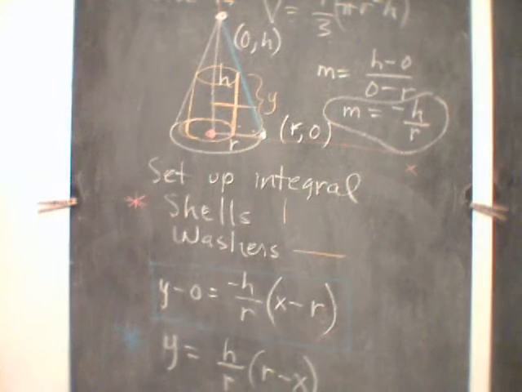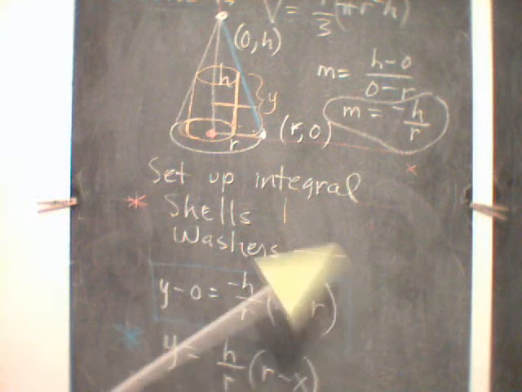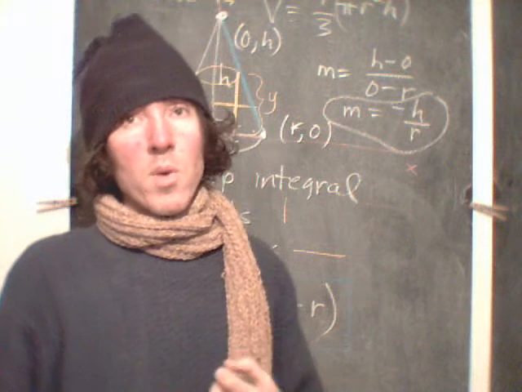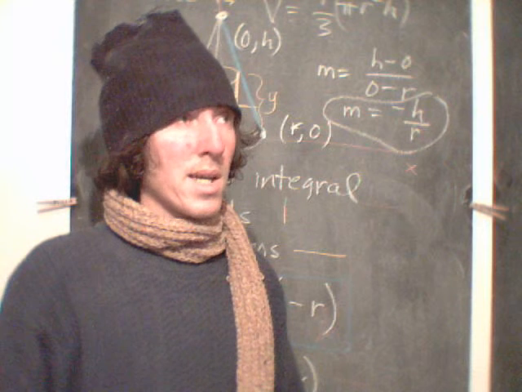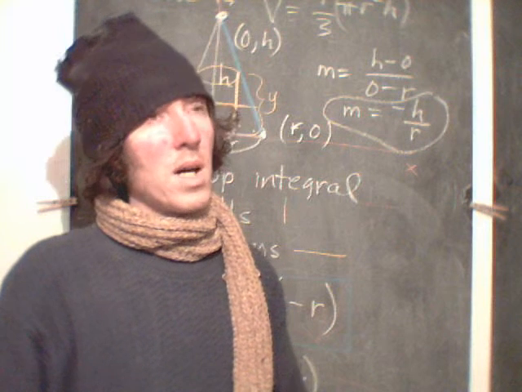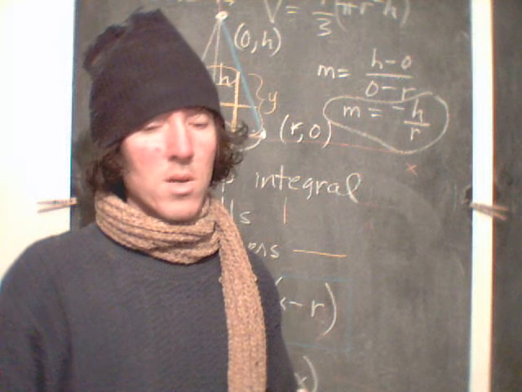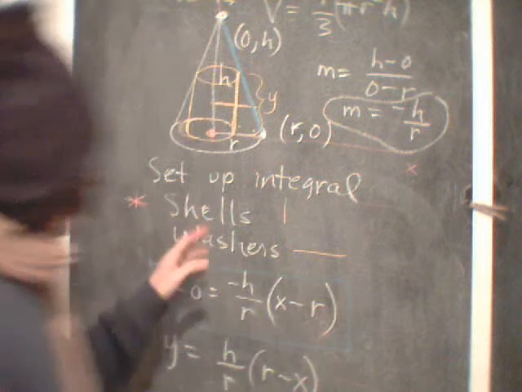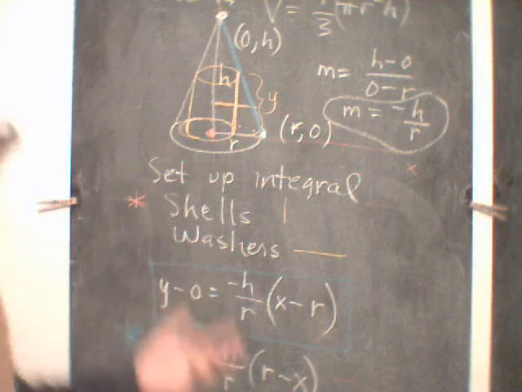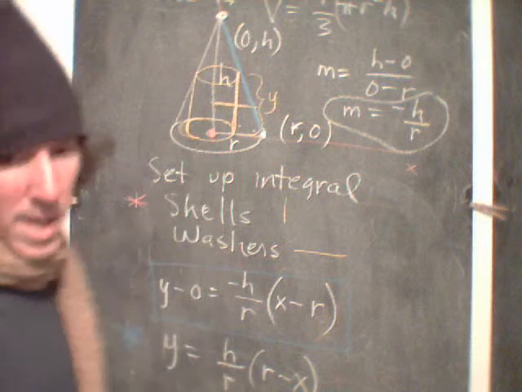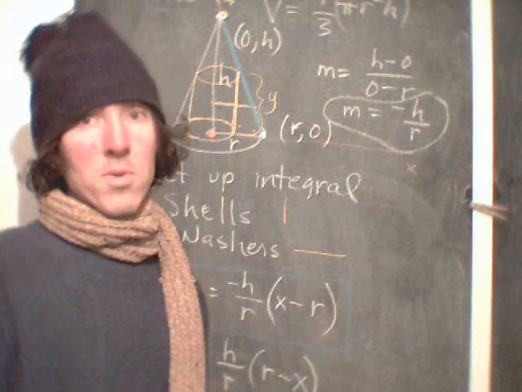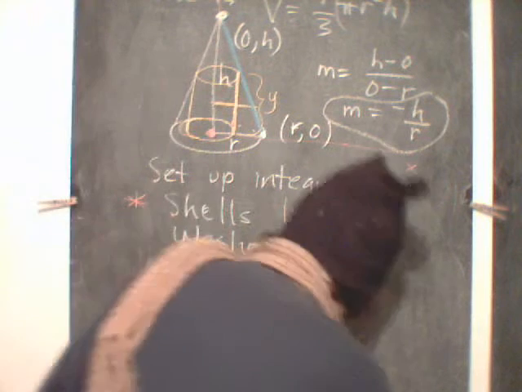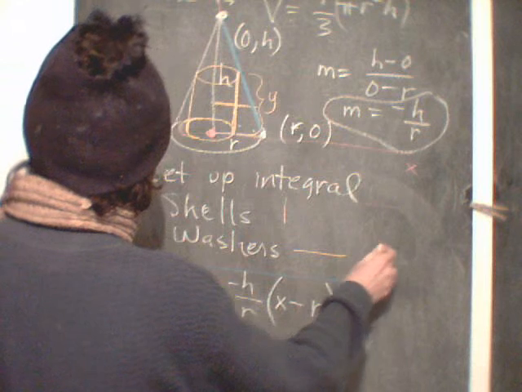And again, we could have used washers here, but it's really not a washer. It's a, what would you call it? It is a washer, but I don't know what the word for it is. A degenerate washer, because inside there is no inner radius. It would have a 0 inner radius, which would actually make the problem simpler, maybe, but it is a washer. But usually washers have an inner radius as well as an outer radius,